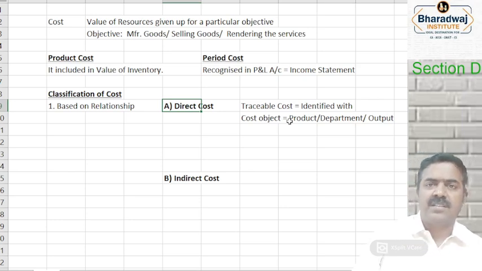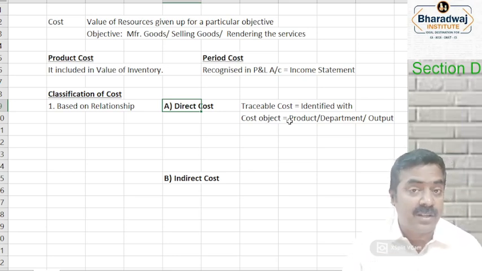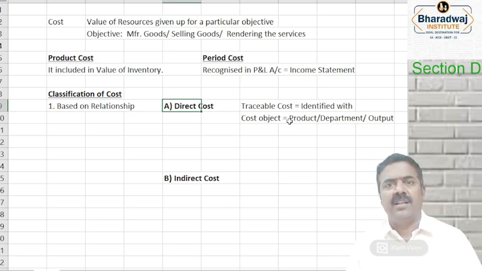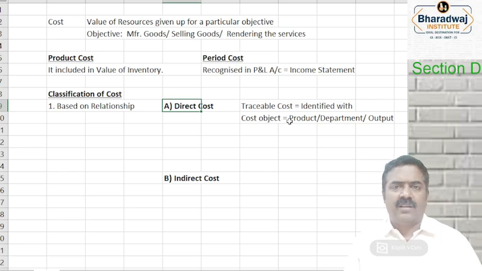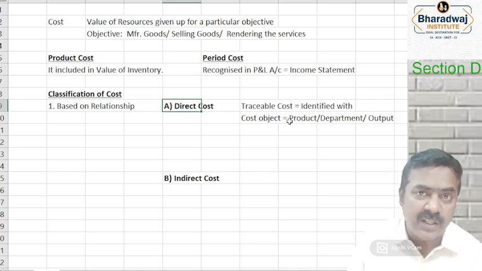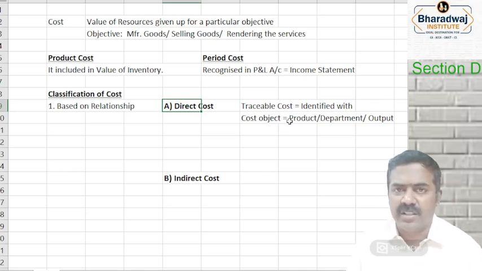Simple. Whatever is directly spent for this course is a direct cost. My salary may be a direct cost. My salary is a direct cost because for taking the class I am paid. That is a direct cost. The material charges or encryption charges, the online charges specifically incurred for this course,